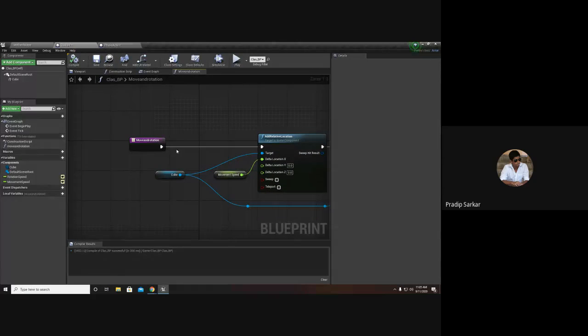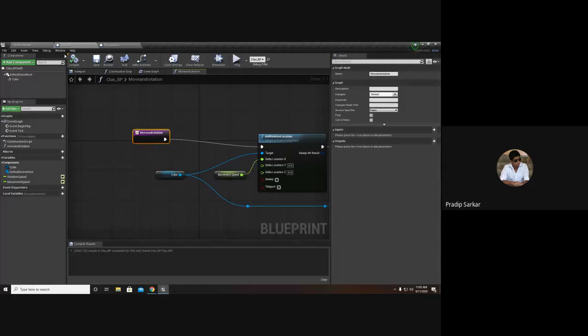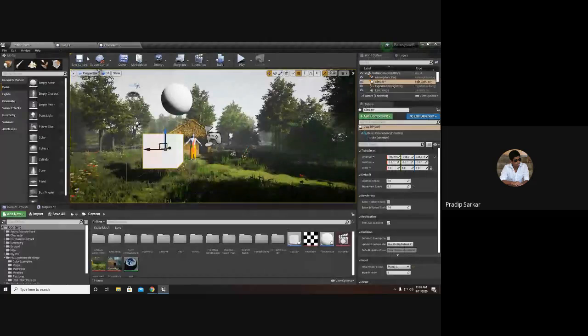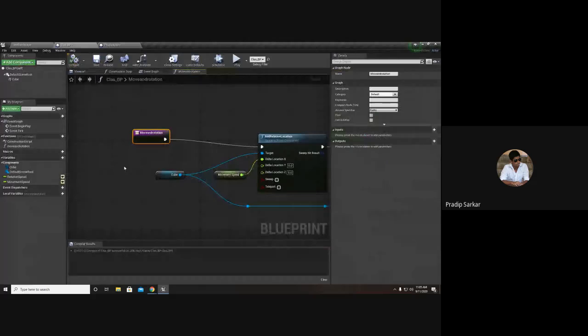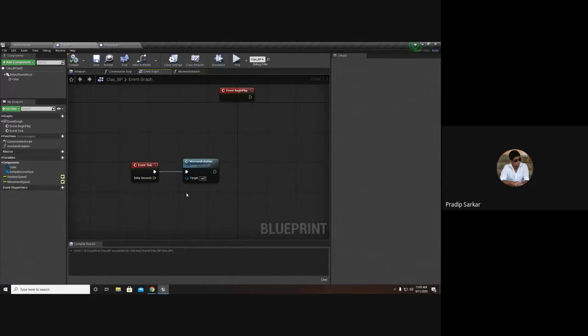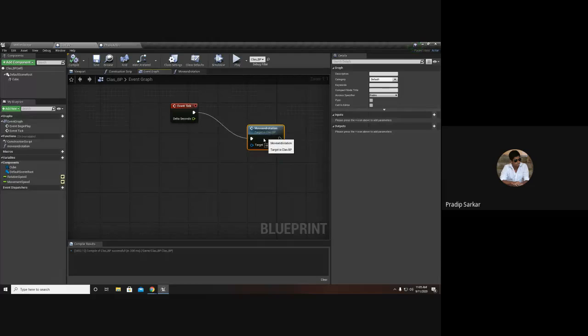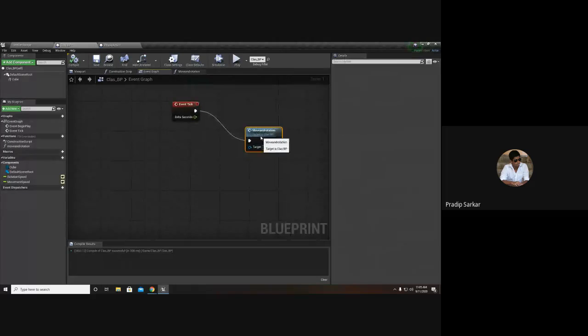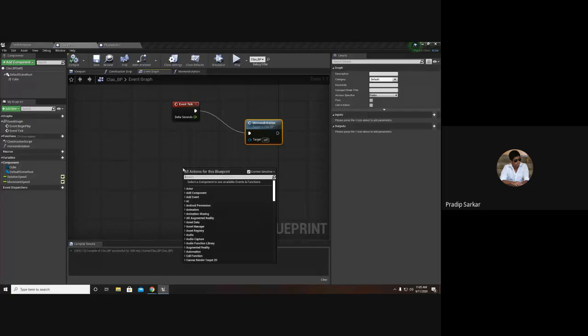To get any kind of keyboard inputs, first I have to go back to the event graph, and in the event graph I type for the button E, or I can type event, and in the keyboard events it is showing me all the keys.